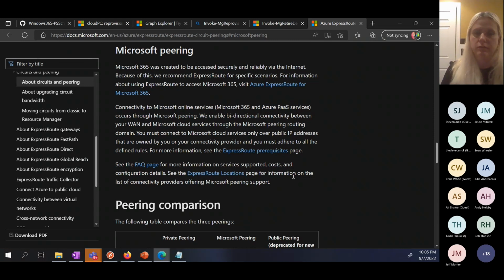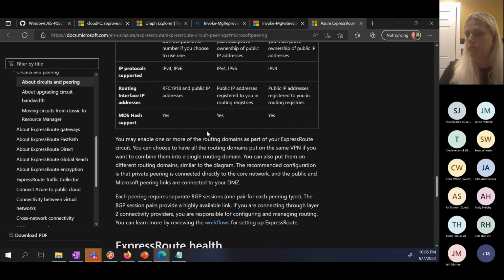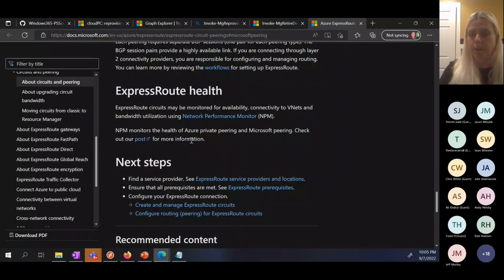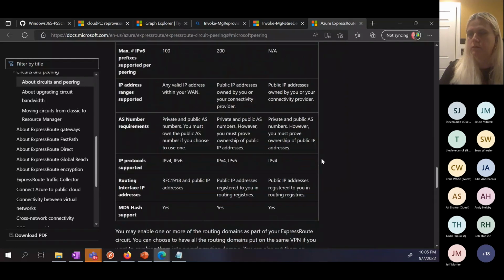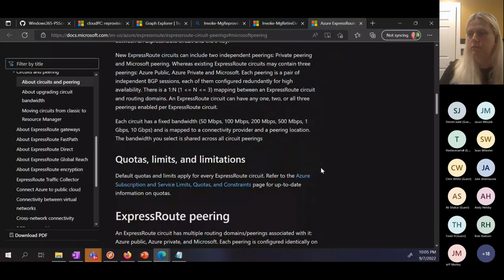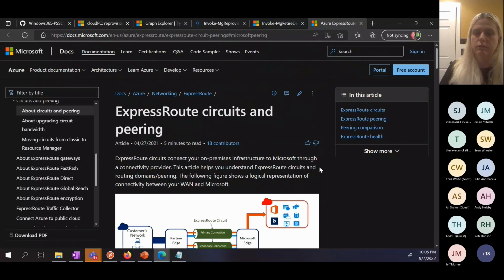Your Microsoft peering is primarily for your Office traffic. There's some other stuff, and the docs specifically call out what traffic is actually peered across that. That's a separate thing, and that's a request that you have to put in with Microsoft for that to be enabled. And then they will go through and try and set that up for you. But as far as whether or not the new Windows 365 stuff would go across that, that's a different question, because that's more on the networking side. That's not necessarily application traffic related to Office or its affiliates.